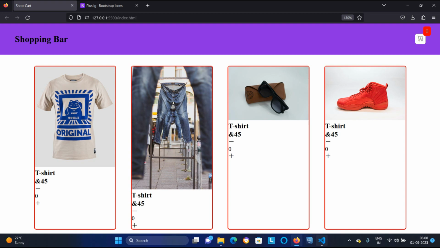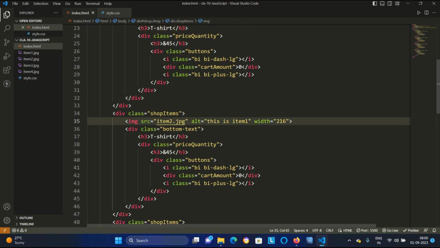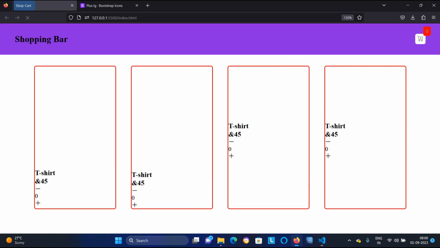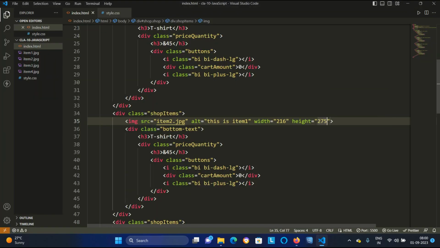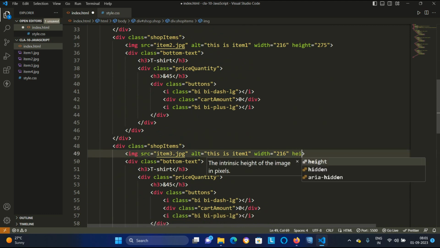So I will fix it by setting the height. So in the index, if I go to this width 216, here I am setting the height as 275. Control S, go back. So look, these two have changed now. Now I will say to this third item as well, take a height of 275.